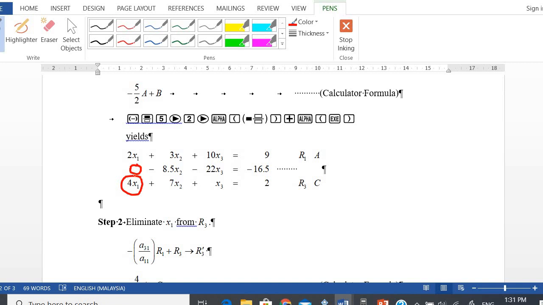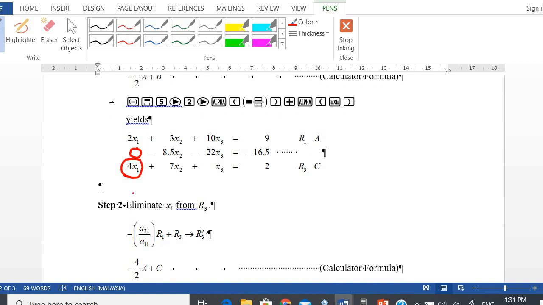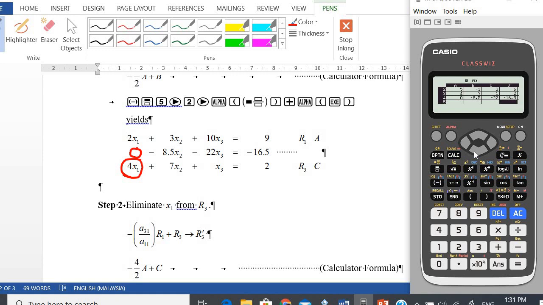Now we are going to eliminate this, become 0, using a suitable row operation, where the formula is negative A31 divided by A11, multiply row 1 plus row 3, put into the new row 3. In Excel we are going to put it into row number 5. So again, to assign a formula, you need alpha equal here. The formula is negative coefficient of row 3, which is 4, divided by the coefficient of row 1, which is 2,